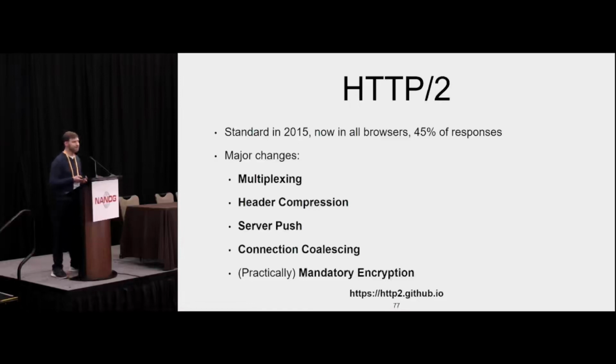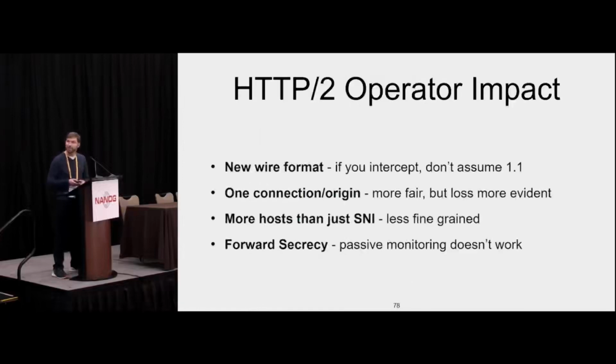But things like connection coalescing, and the fact that you can now serve www.example.com and images.example.com from a single connection, may start to change things. And the push towards encrypted traffic certainly changes things from a manageability perspective. So if you do intercept it, don't assume one-to-one. That being said, in practice, it's always going to be encrypted, so you're not going to be able to intercept it. And so again, as I discussed before, it's not just one connection, one origin. There's connection pooling across different origins.